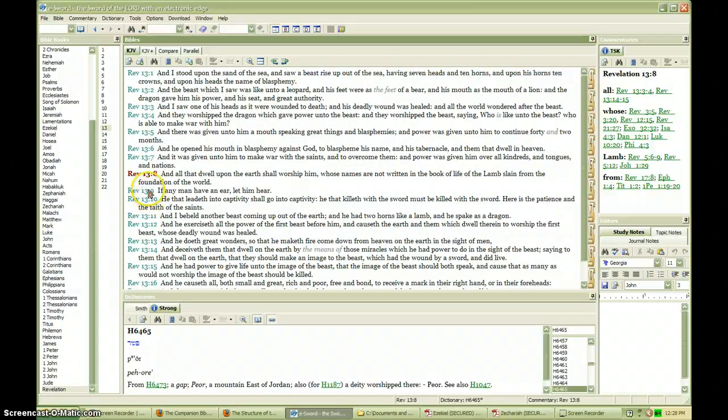So he opened his mouth in blasphemy against God, to blaspheme his name and his tabernacle and them that dwell therein. It was given to him to make war with the saints and to overcome them, and power was given him over all kindreds and tongues and nations. New world order, okay? And all that dwell upon him. So when you hear people saying, well, the new world order, that doesn't sound so bad. They're doing such great things. I mean, look at what they're doing. They're taking care of the poor, and everybody gets to have everything now. And